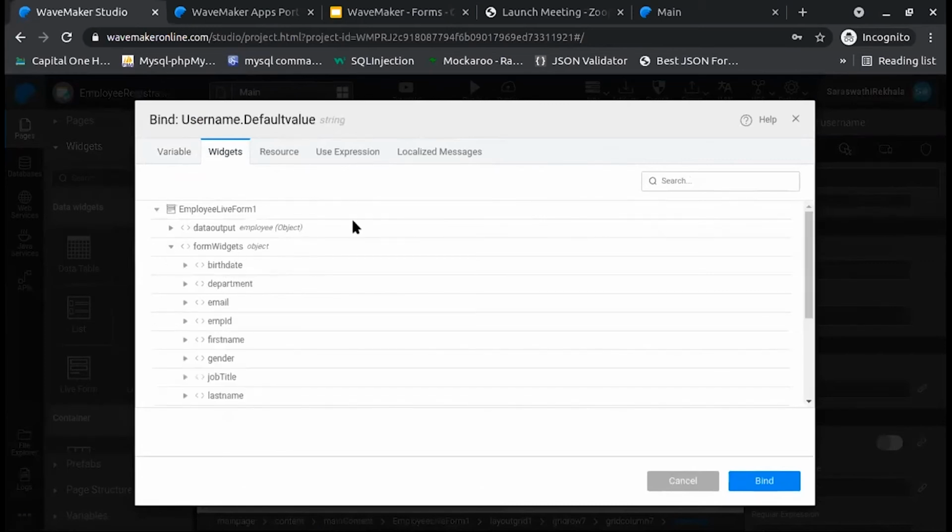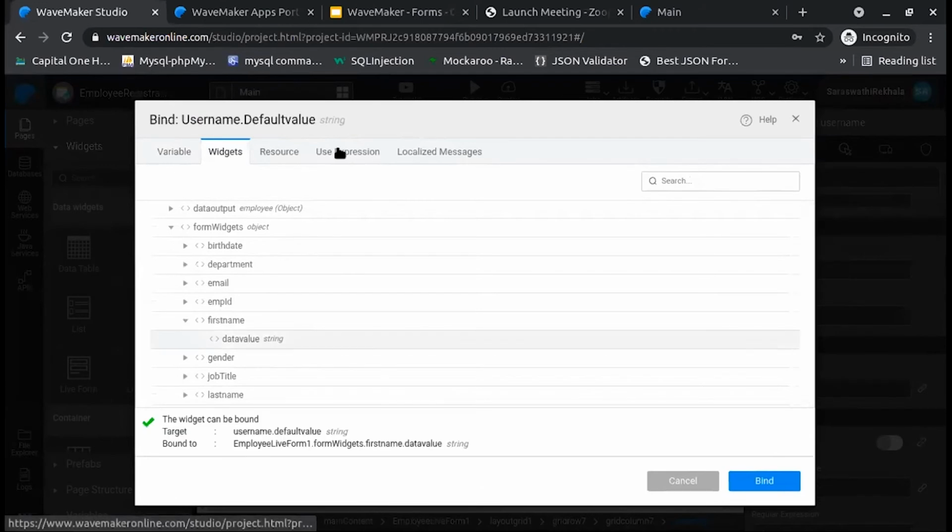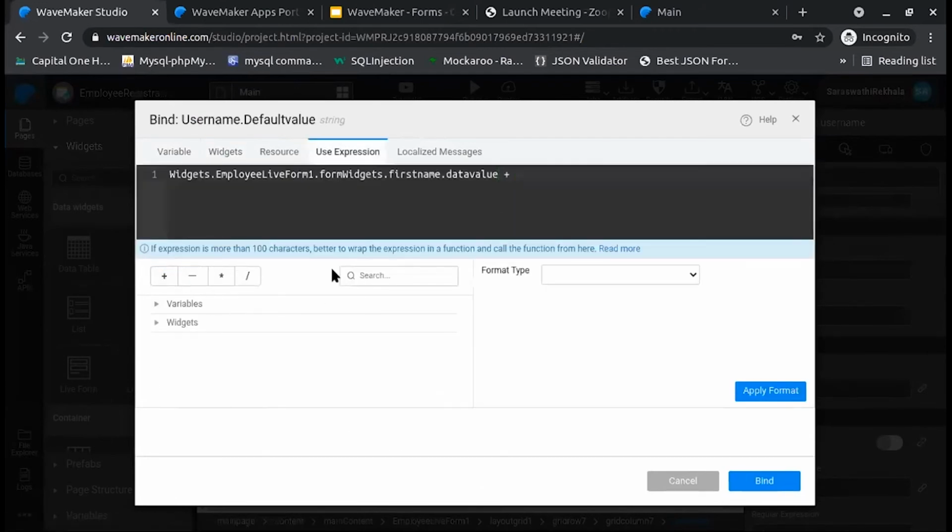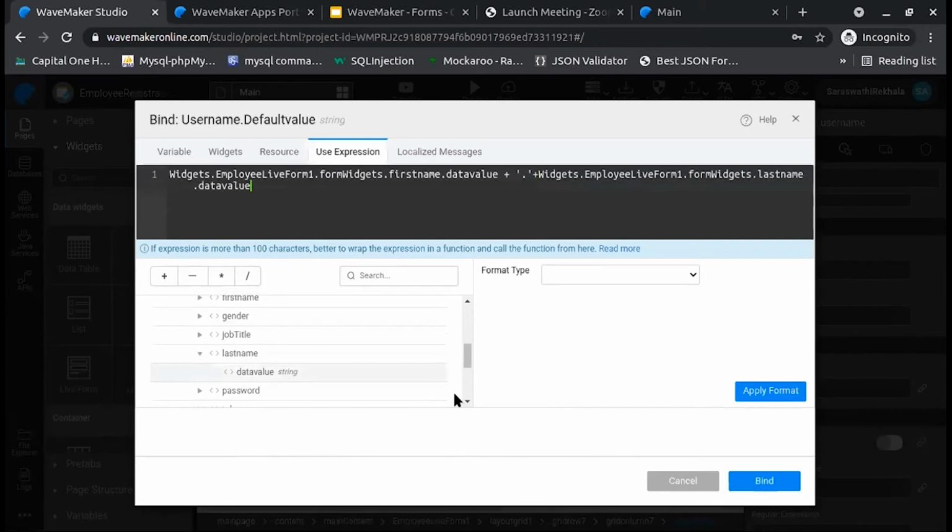For that, I will open the bind dialog here, and under forms, under form widgets, I will select the first name. Now I will concatenate these two fields using a dot format. So I will again select the last name data value.